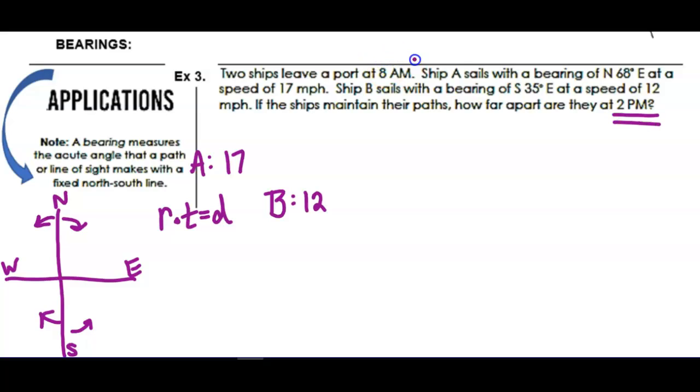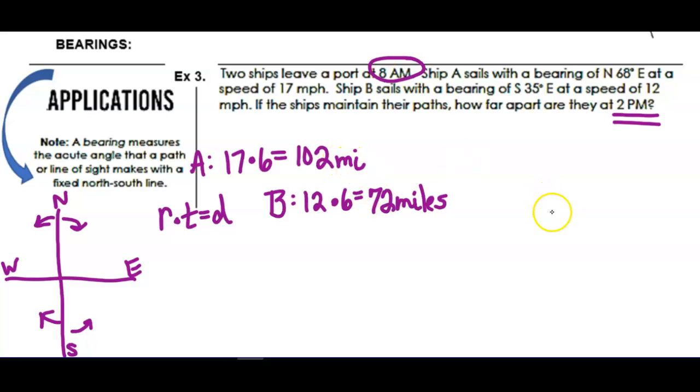So from 8 a.m. to 2 p.m. is 6 hours, right? Yes, 6 hours. So if time is 6 hours for both of these, 12 times 6 is 72 miles this ship has gone, and 17 times 6 is 102 miles this ship has gone. I'm not sure I gave you more of those, but